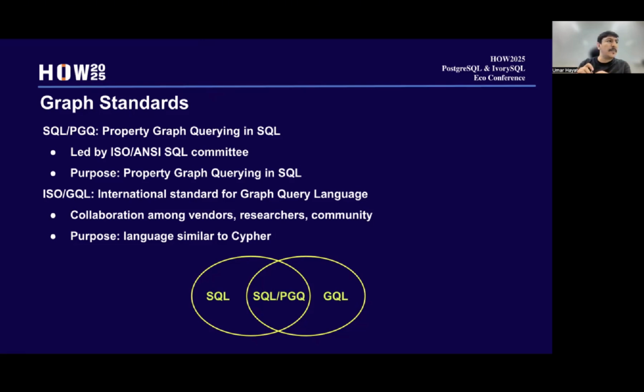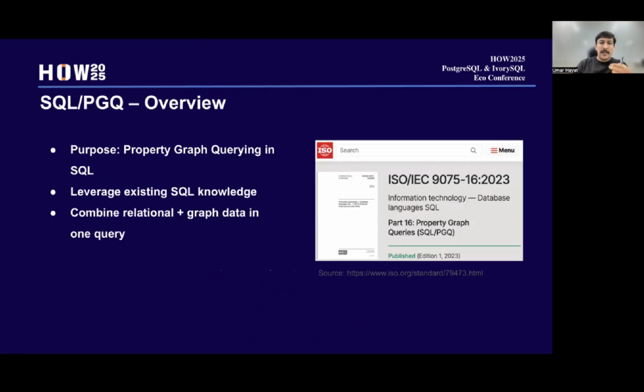You can call it native because the purpose is not compatibility with SQL, but defining the language itself for graph queries. Now, SQL already exists, and now there is GQL. You will see the syntax of SQL PGQ is kind of a mix of both standards, or both languages. So let's go into a bit more detail.